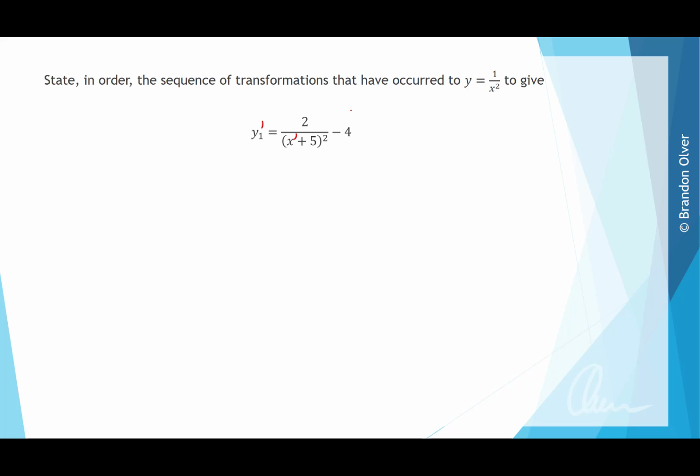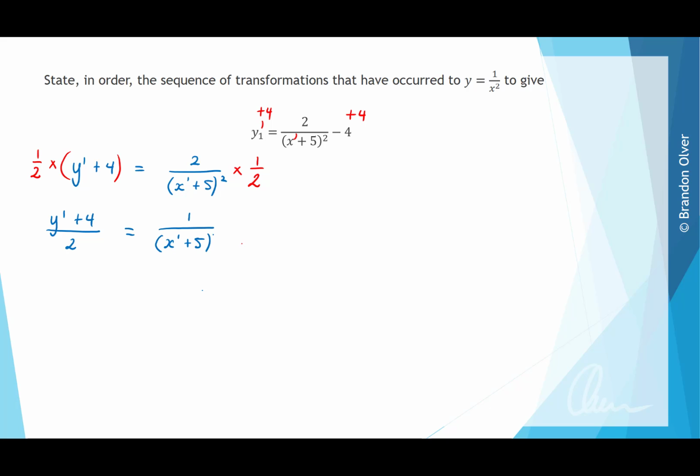To do that, we can start by adding 4 to both sides of this equation. So our equation is now y dash plus 4 is equal to 2 divided by x dash plus 5 all squared. In our most basic equation, which is y equals 1 divided by x squared, there's only a 1 on the top line. So we can multiply both sides of this equation by a half, and that will give us y dash plus 4 divided by 2 is equal to 1 divided by x dash